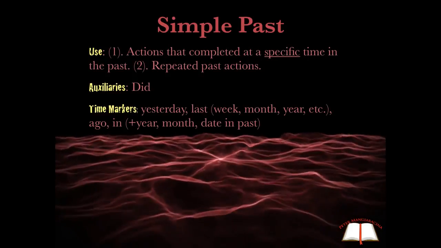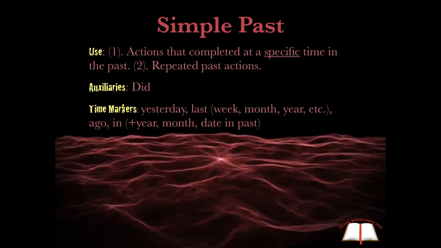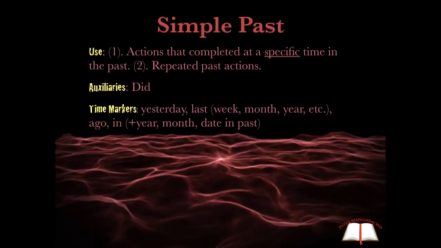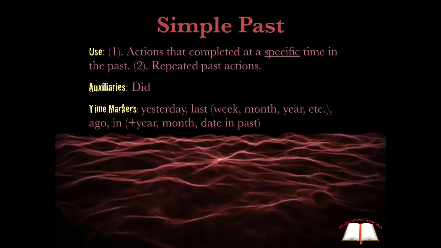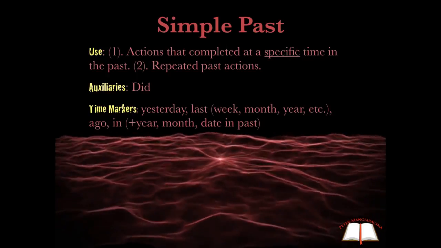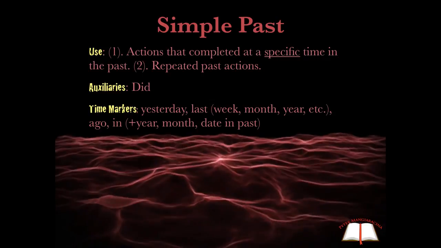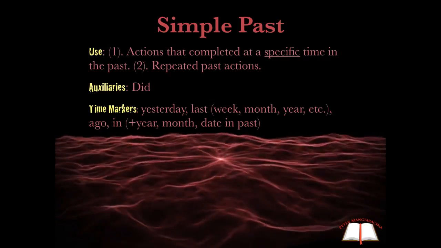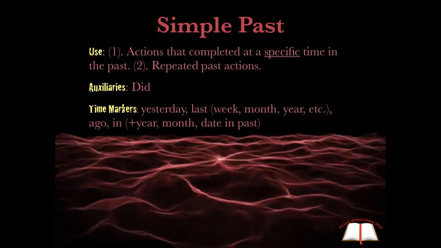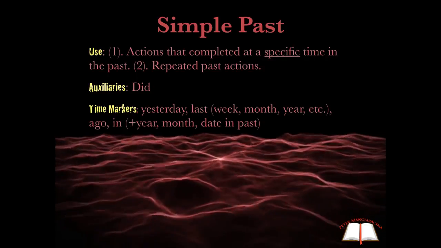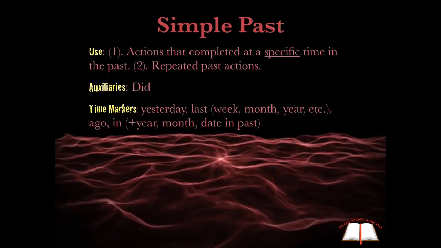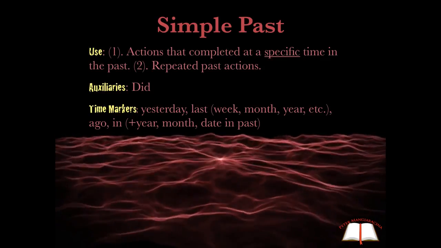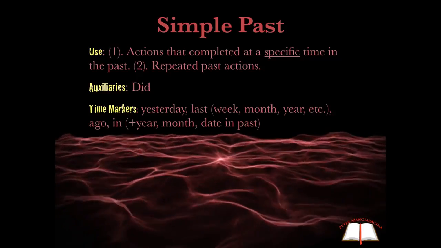All right, here's a continuation of our discussion of the tenses. We're going to work with the simple past and the past progressive. In all cases, in all of the tenses, you need to take into consideration three aspects of the tenses: use, auxiliaries, and time markers. The use is how we generally use the tense. The auxiliaries are the helping verbs for each tense, and the time markers are common adverbs that are used with